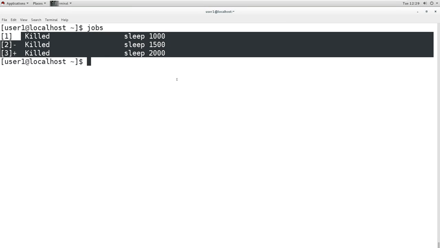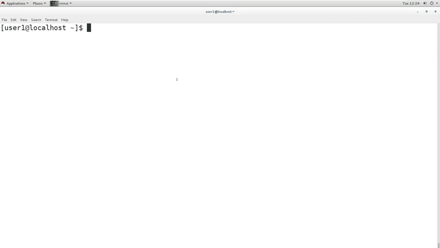So the root user can kill other users' processes also. This is the ps command to check the processes, and we can put a process into the background. Then we can also kill those processes. We can kill a single process with the kill command, or we can kill multiple processes using the killall command with the command pattern.